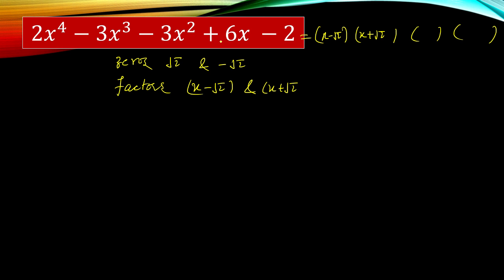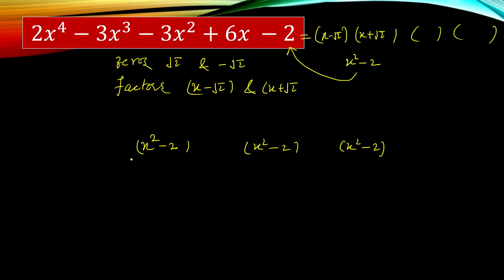In the first process, we got the product of the factors, that was x square minus 2, and then in the previous method we divided this polynomial by this x square minus 2, and we got the quotient, and the quotient was the product of the remaining factors. So here, how can we find the product of the remaining factors by a shortcut or an alternative method? Let's see. Write the product of the factors, x square minus 2, 3 times.